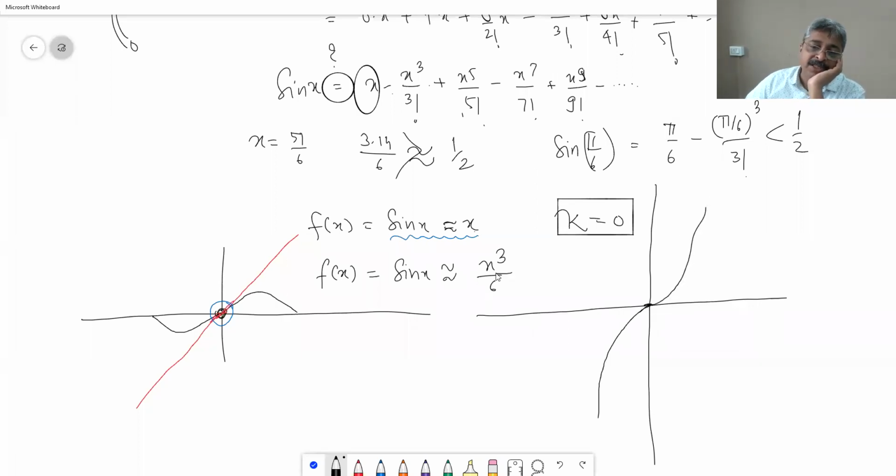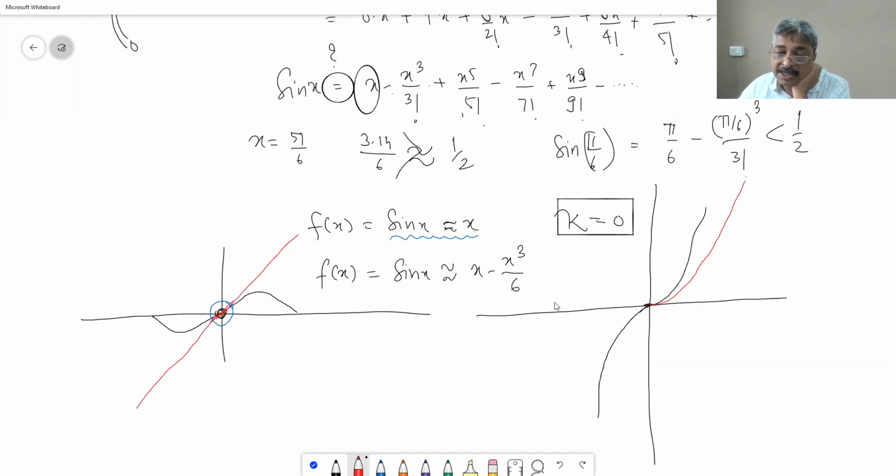Then multiplication, sorry, I made a mistake there. It is x minus x cube by 6. Yes, x minus x cube by 6. How do we draw x minus x cube by 6? Okay, how I will go about it is, I will flatten this curve, which is x cube, a little bit. I will say that it is something like this.